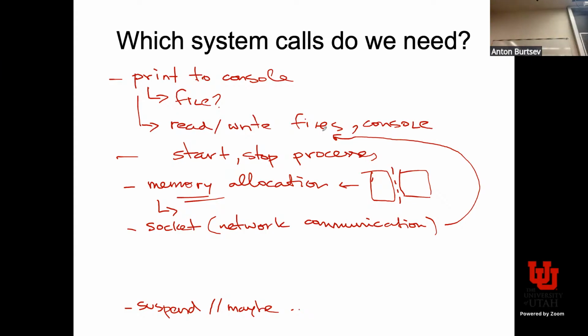Start and stop threads. That's a good idea. So if we have processes, we say, look, guys, if we want to have multiple threads of execution within the process, we need threads. And I agree with that. Again, you can go long ways without them. So I will put minuses for the interfaces which do not exist in x86, right? So I think x86 doesn't have threads and doesn't have sockets.